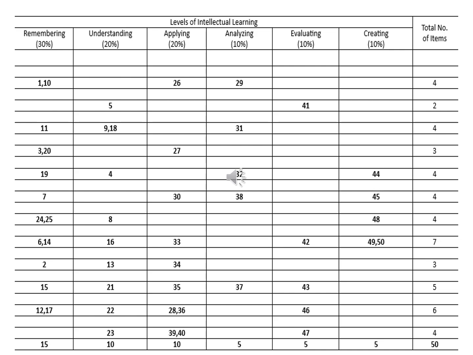Because if your idea is putting different item numbers by cognitive levels, let us say you start first by remembering, then you will commit errors. You will commit errors because you might skip some other item numbers. So the best practice is start from 1, 2, 3, 4, 5 up to 50. Of course, you have the freedom to choose where to put the particular item. In that manner, you will not skip any item number.